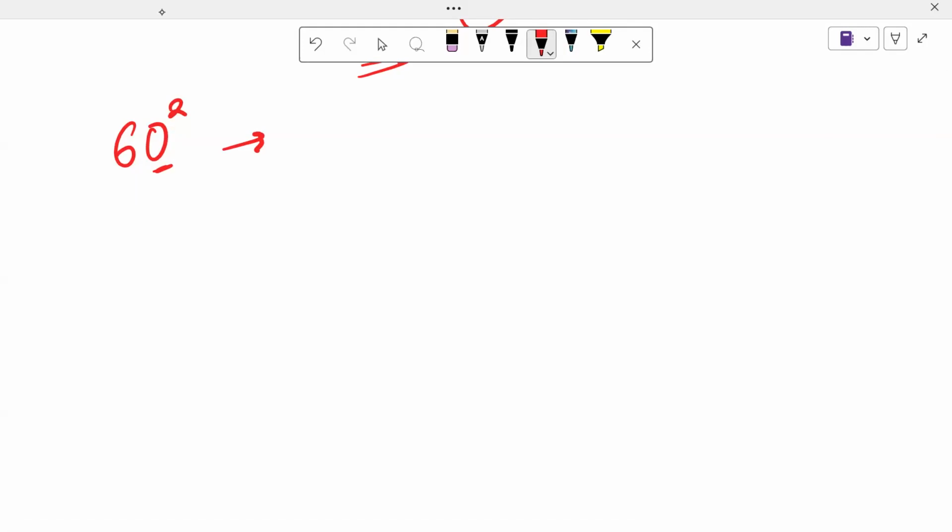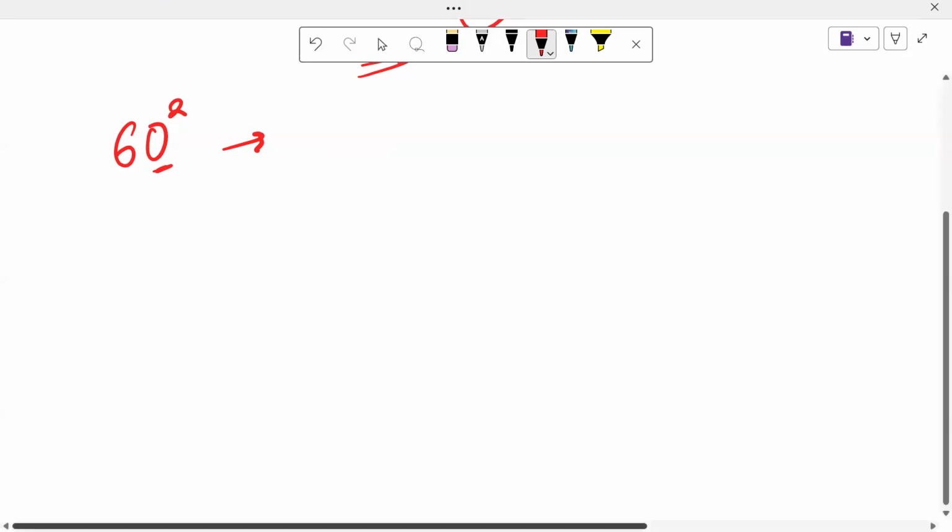So if there is 10, on squaring, the number of zeros shall become double. So if there's 1 zero over here, the answer shall contain 2 zeros. I do not know what the answer is, but I just know that it is going to have 2 zeros. Yes, ma'am. Similarly, if I write